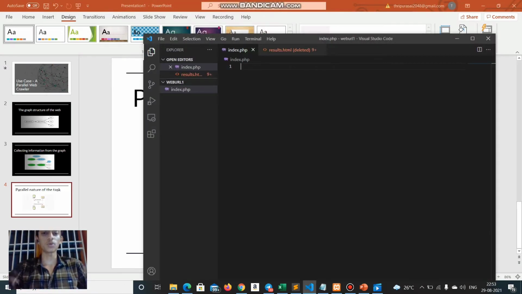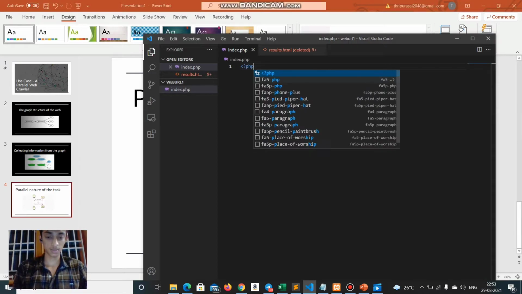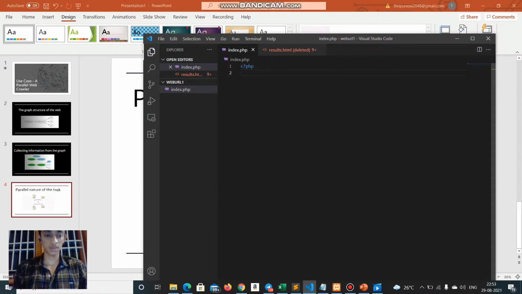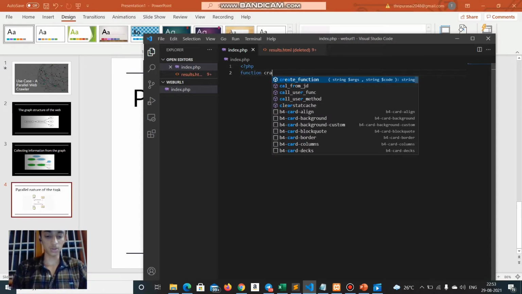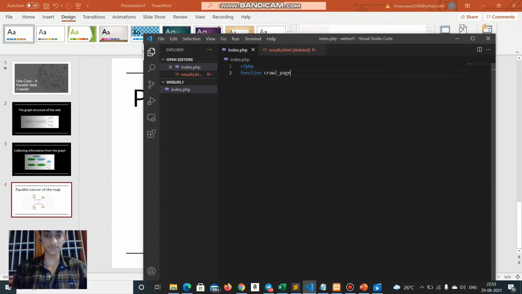Using Visual Studio Code to run my web crawler. First, initially create a PHP file with the name you want, and I will write the code in this PHP file. And I will specify a function with the name crawl_page, and I will pass two parameters. First one is URL and the second is depth of the page,